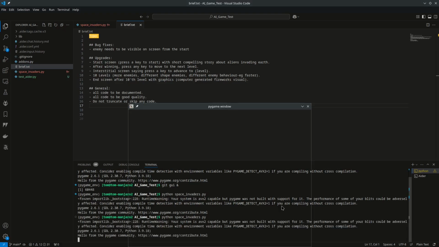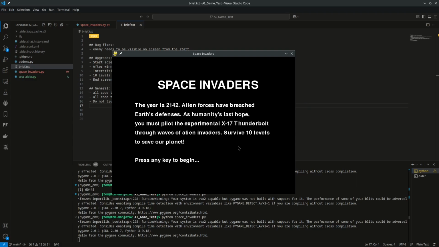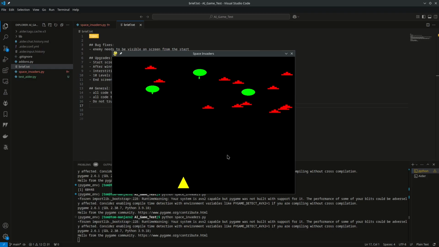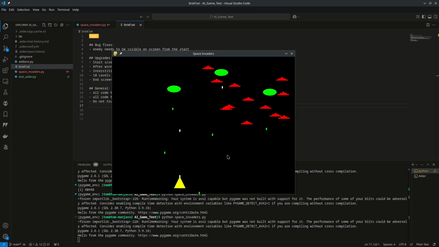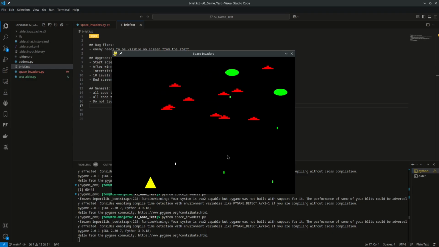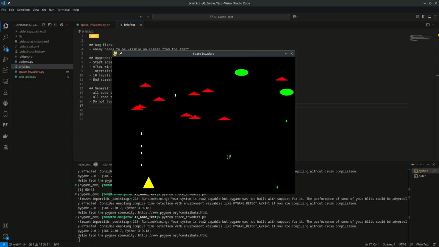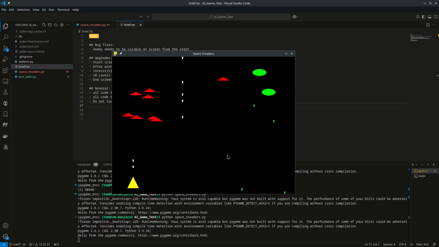Let's run the game. Aha, this looks more interesting. Got a start screen. And let's go. So this entire game is completely AI generated. I've been using Deepseek the whole way through,